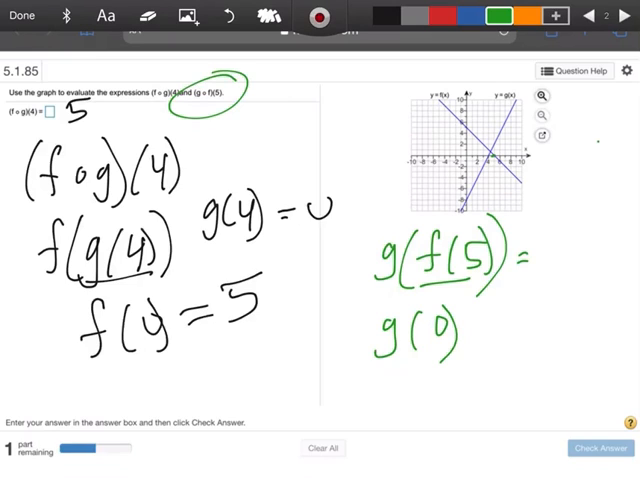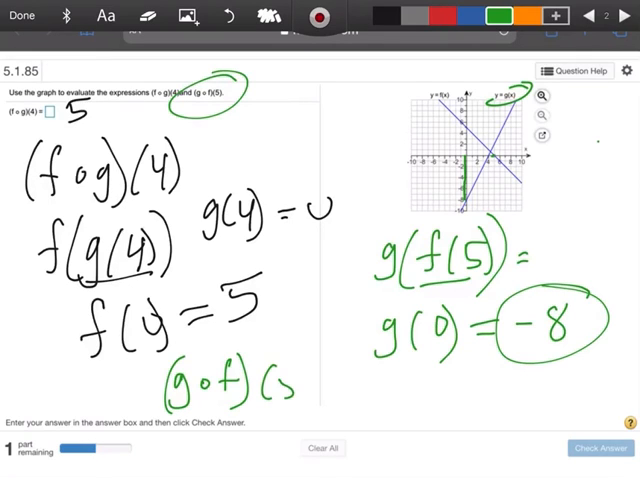Okay. Now I'm going to go to the function for g. So remember, that's my function for g. So when x is equal to 0, if I want to hit the g function, we have to go down, and we end up with negative 8. So the second part, which would be g composed with f of 5, is negative